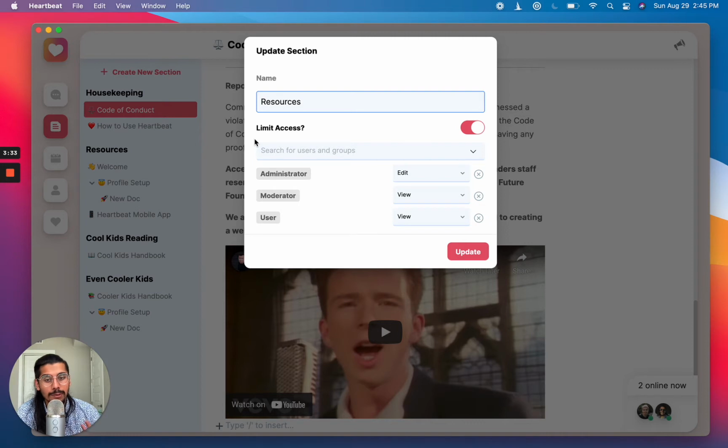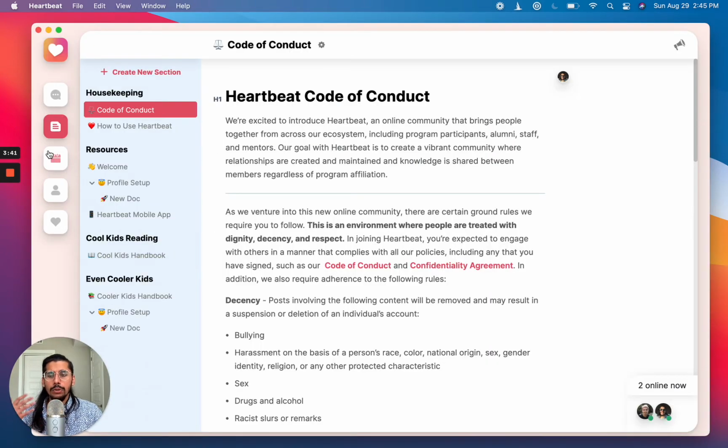And so that's another really big piece of Heartbeat, is you can create really powerful access management to say who can edit stuff, who can view it, who's able to have access. As soon as people get dropped into those roles, those groups, we automatically update access throughout the platform.